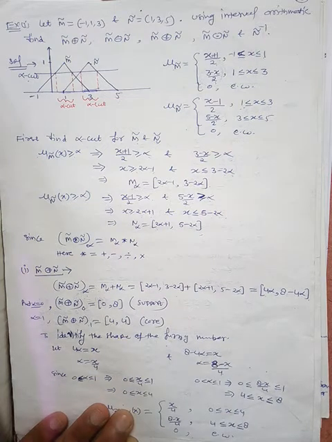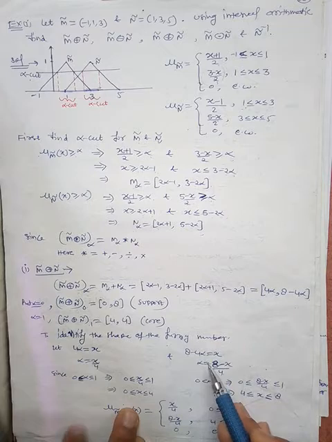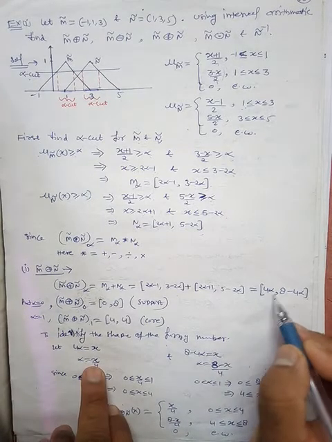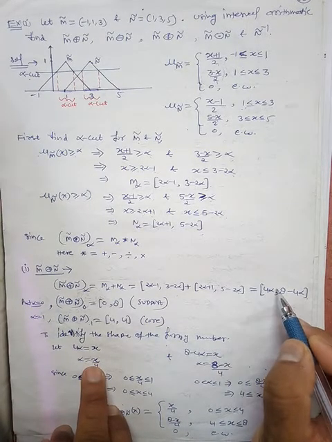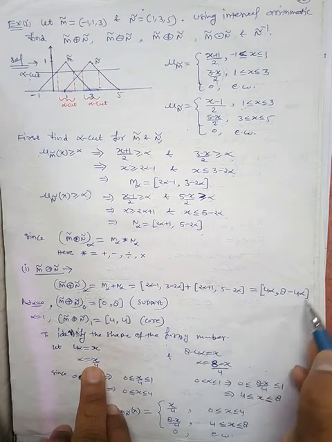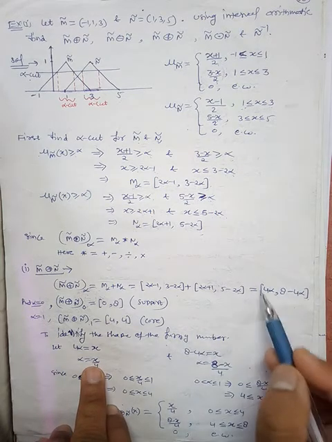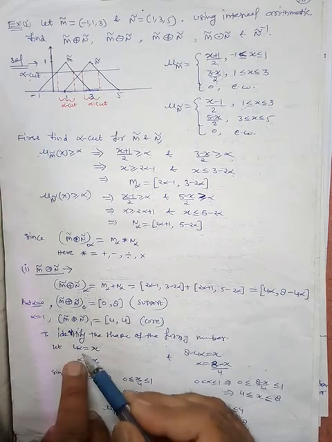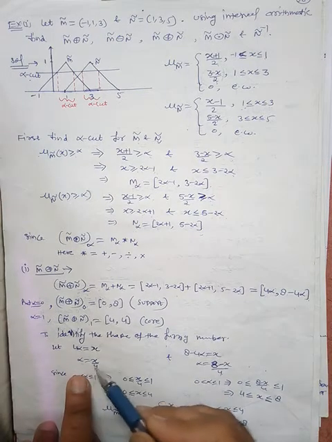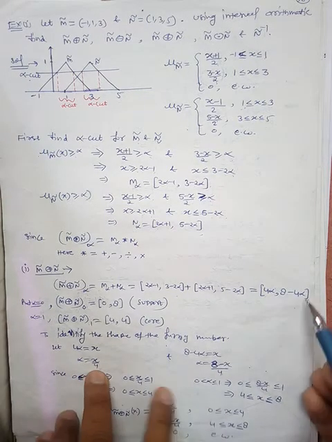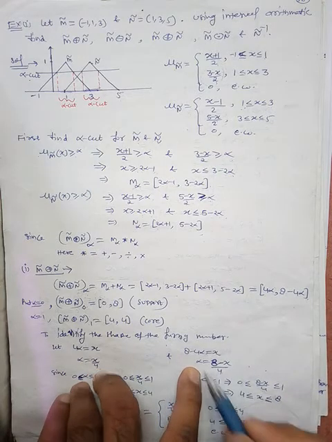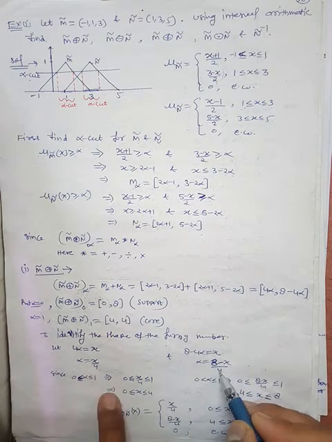Fine. So now we identify the shape of the function. To identify the shape of the function, first we will put this 4 alpha equal to x, and later on 8 minus 4 alpha is put as x. So in place of this we will put x, in place of this also we will put x, and evaluate the value of alpha. So 4 alpha is equal to x. This will give you alpha is equal to x by 4. Similarly, just put it here: 8 minus 4 alpha is equal to x, and alpha will be evaluated as 8 minus x by 4.